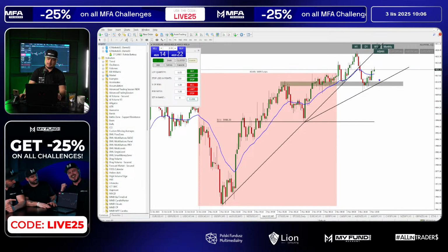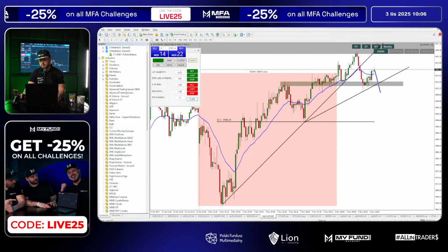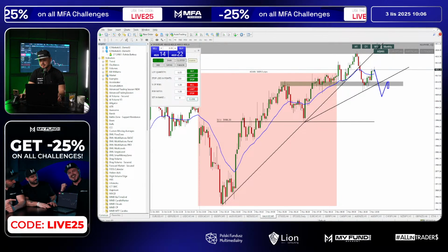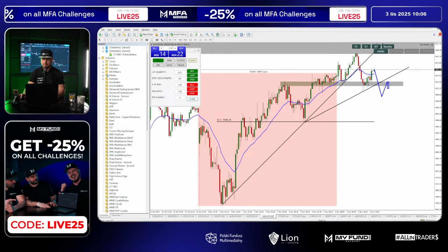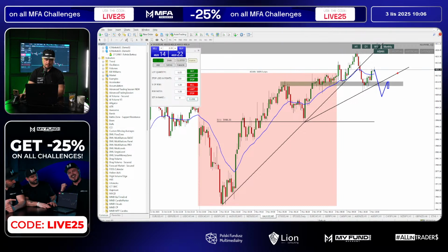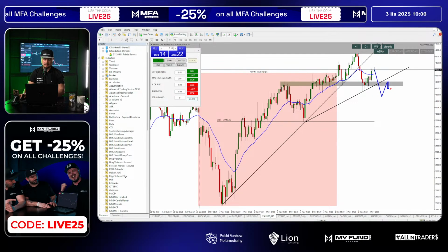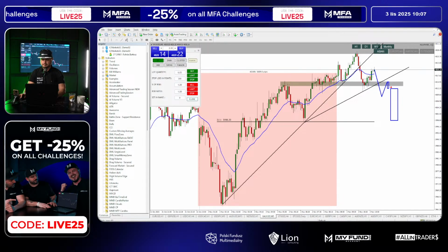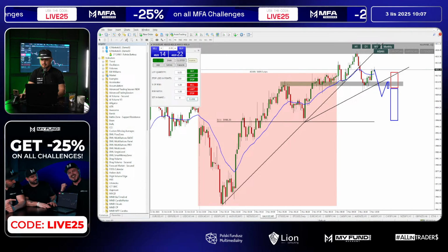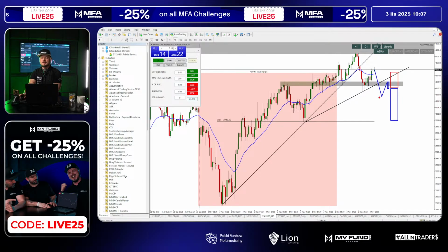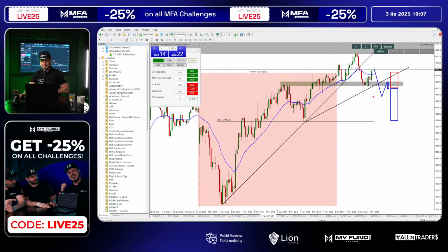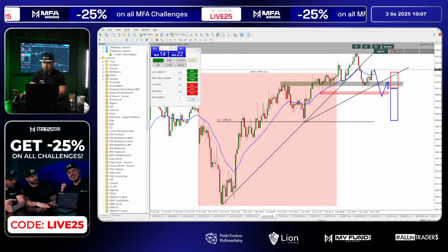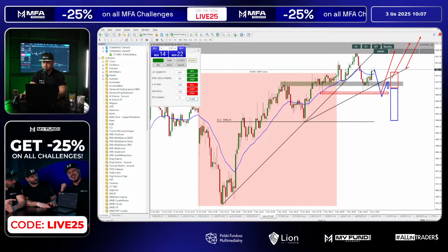The safest way would be something like this. So wait for the breakout and retest, and then open position. This will be the safe trade. So take profit and stop loss after the retest, because there is a chance that over here, if the price will get to this area, we're gonna have bullish reaction.